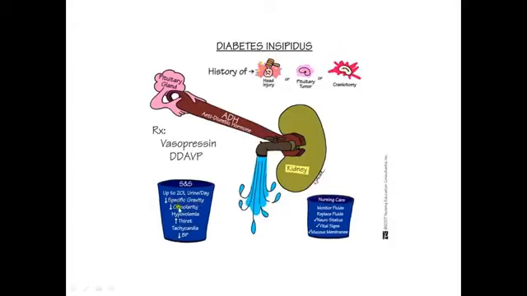Specific gravity is reduced, osmolality is reduced, there can be hypovolemia, thirst is increased, tachycardia, and there can be decreased blood pressure as fluid is not there. So you have to monitor fluids, you have to replace fluids, you have to look at the CNS status, neurostatus, vital signs, and you keep on looking at the membranes for hydration. Treatment is vasopressin and DDAVP. Okay, that is the synthetic form of the vasopressin.